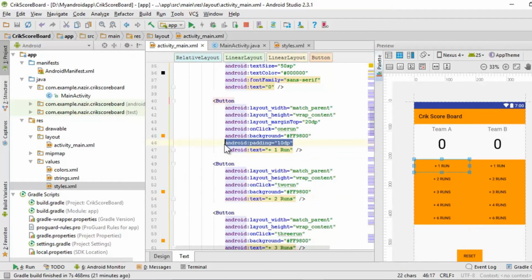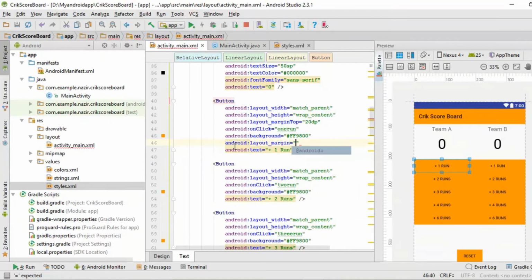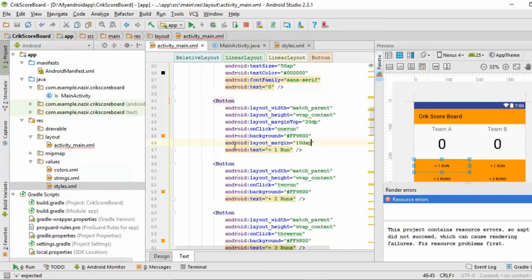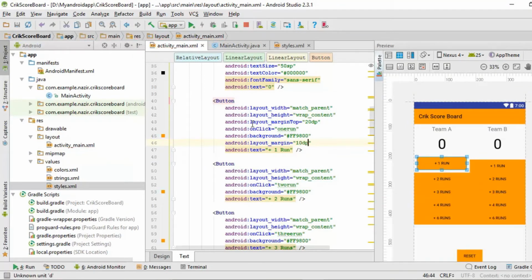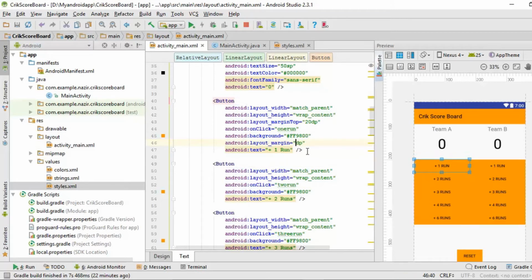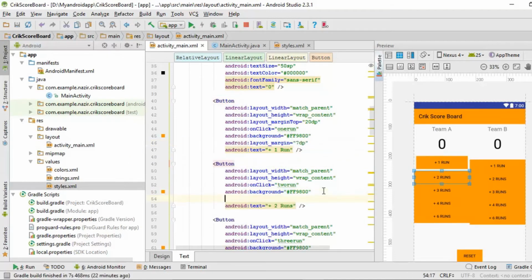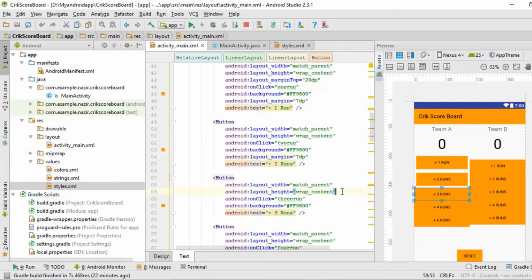Okay, let's just keep it as Android margin 10 dp. It takes too much space. 5 dp. Okay, so I'm going to go ahead and grab it, give it as 7 dp, grab it, Control C, Control V, Control V,